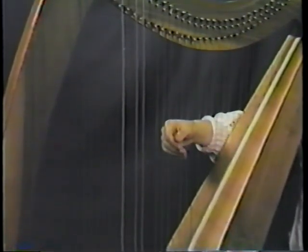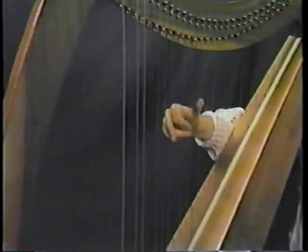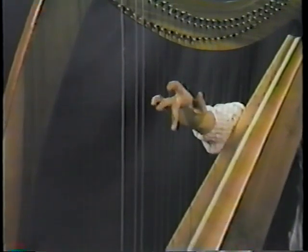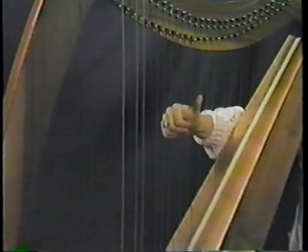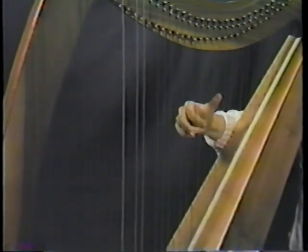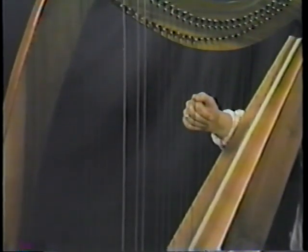Now the last part of this exercise is to reach a fifth, 1, 2, 3, 4, 5, skipping three notes in the middle. This time use your third finger and your thumb. See how my second finger is tucked away. Try to relax these fingers. They shouldn't be sticking out like this. Relax them into your palm. C, G, D, A, E, F, B, F, C, G, D. And in reverse,